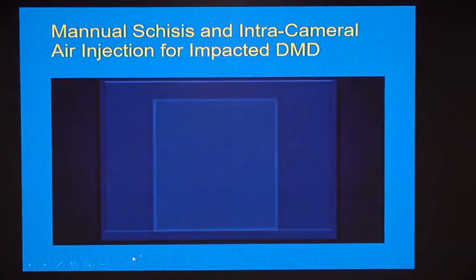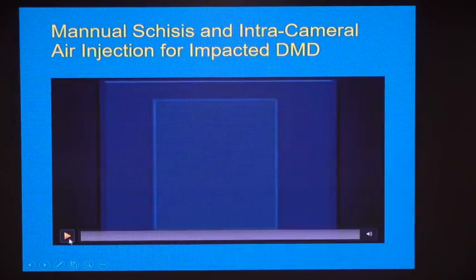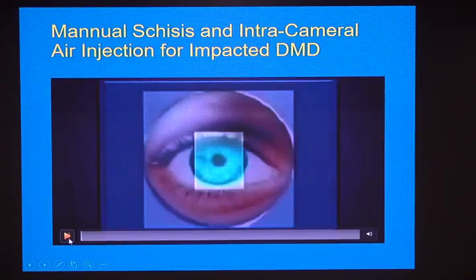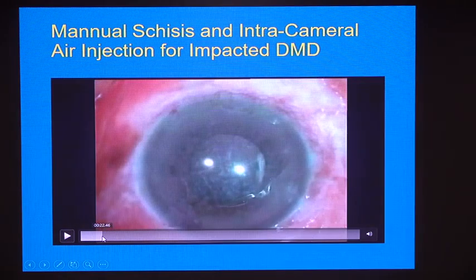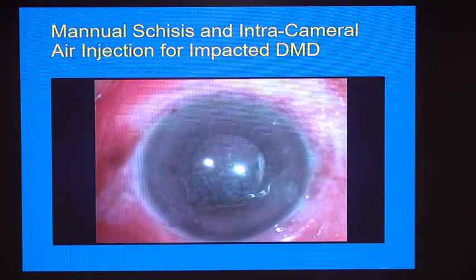I will show a few cases where we have managed the Descemet's membrane detachment. You can see the Descemet's membrane detachment here. You can see the upper border, and you can also see the